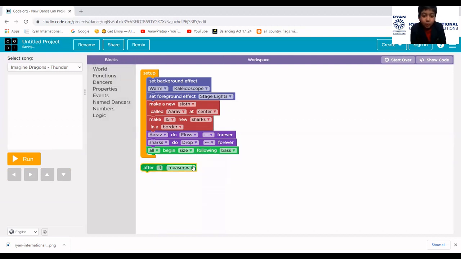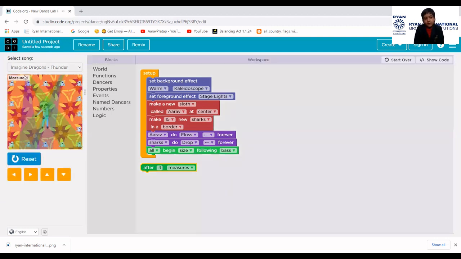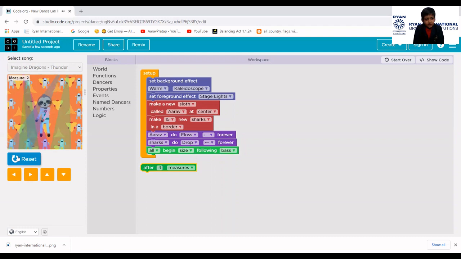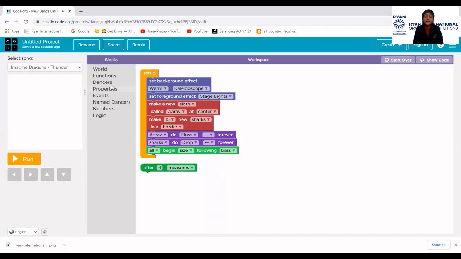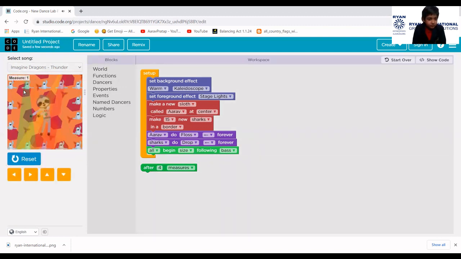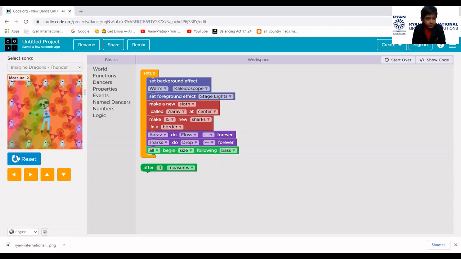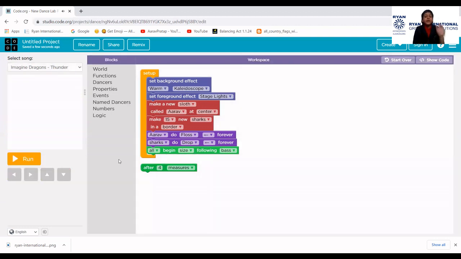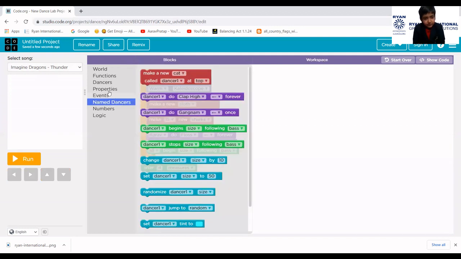And I will also tell you what is measures. Like see that? That first measure and second measure, those measures are basically like changing the background of it. See, like this. See, before it was one way, then it changed to something different. So that's called measures. So now we will make the second step of it.